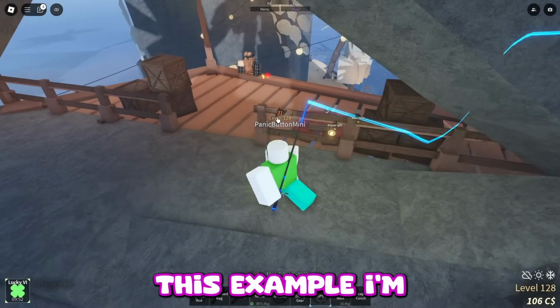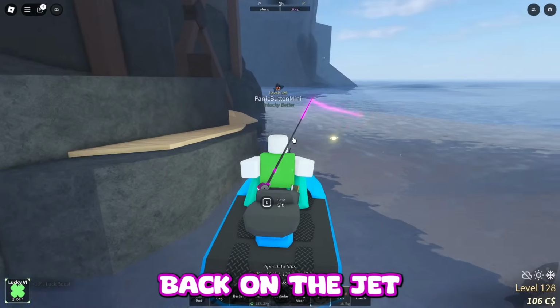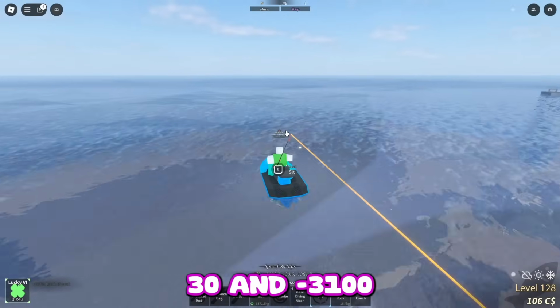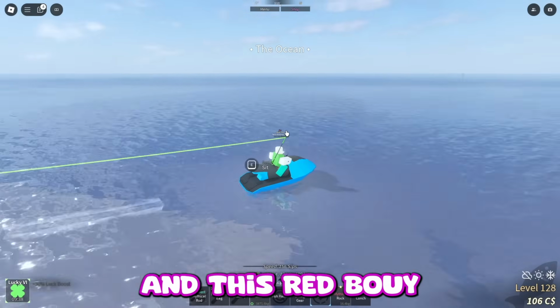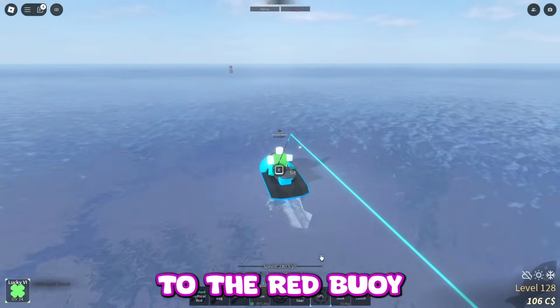But just for this example, I'm going to show you where it is in case it's your first time knowing about this. So I'm back on the jet ski, and the coordinates we're going to be going to is -800, 130, and -3100. Once you're in the area, you will see a red buoy, and this red buoy is literally right in front of Sunstone Island. So once you come to the red buoy, you have to